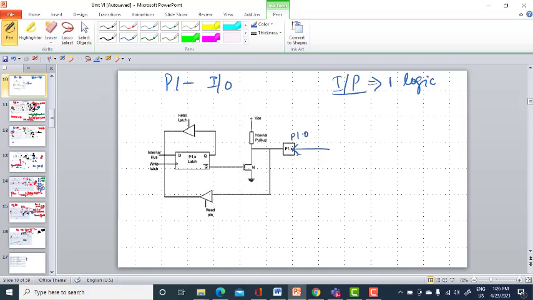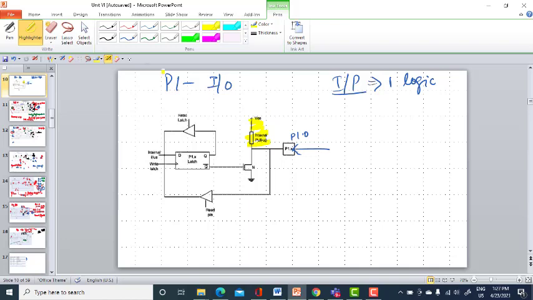Okay. So now here this port 1 is solely dedicated for IO. It doesn't have any alternate functions. So this control and address bar data, whichever we have read in port 0, that is solely eliminated here along with the transistor T1 structure. And one more thing you need to see here is your internal pull-up resistor.